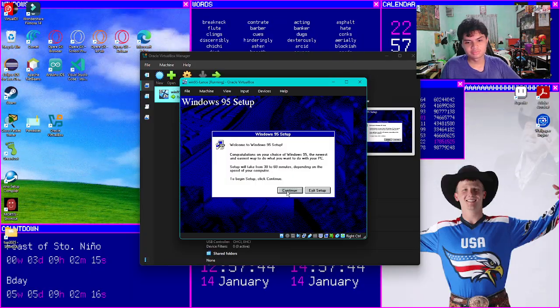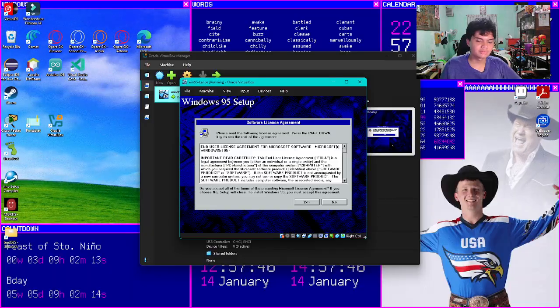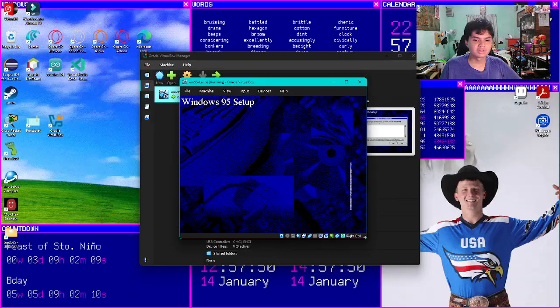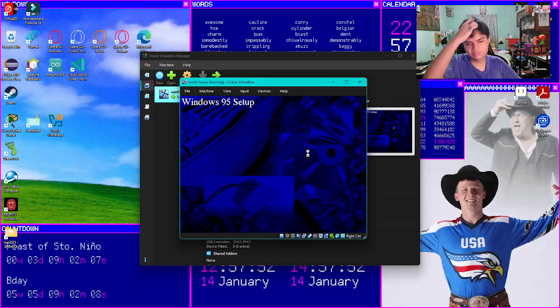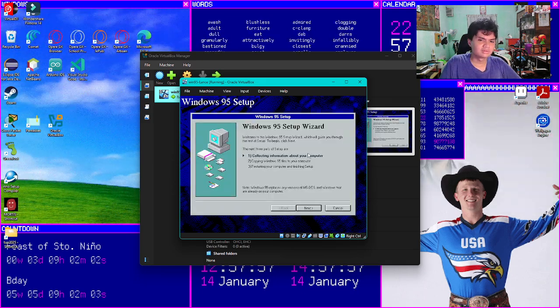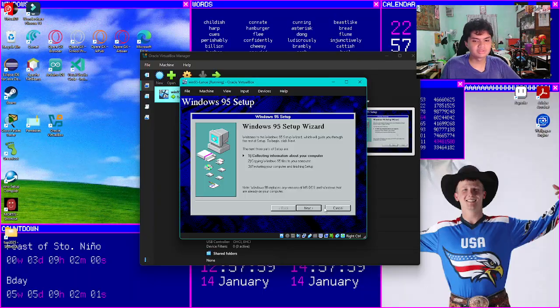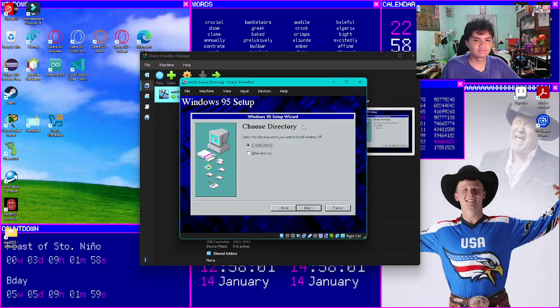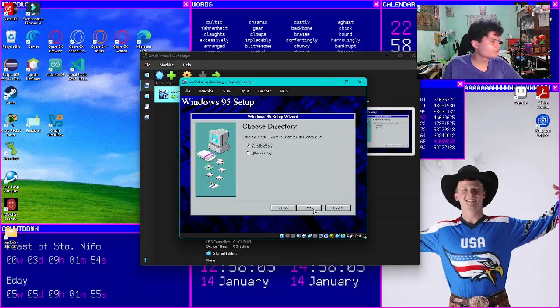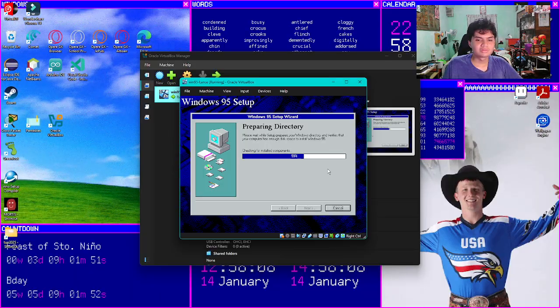So let's now press continue. The setup is 100%. There we go. Then the software license agreement. Press yes. Then it's gonna load for a moment. Now there we go, the collect information first, just press next. Manage directory, the directory is C drive Windows, so that's good. Then just press next. Now it's opening.